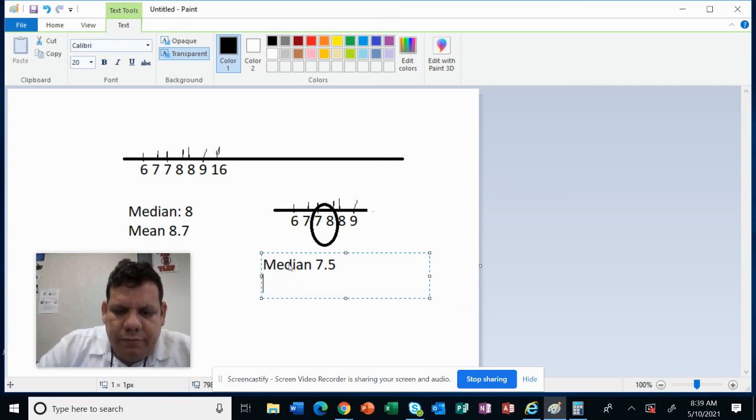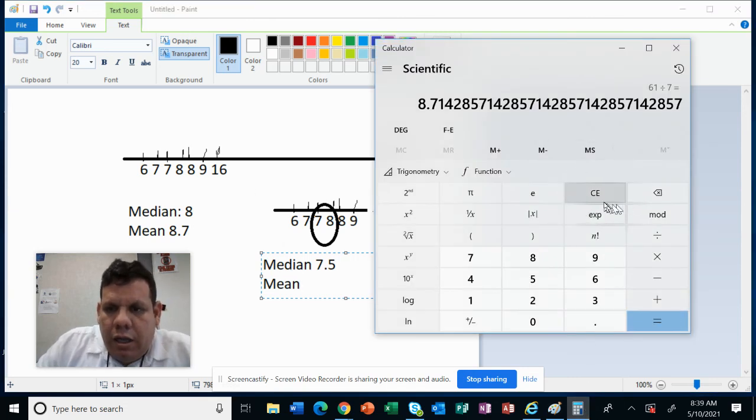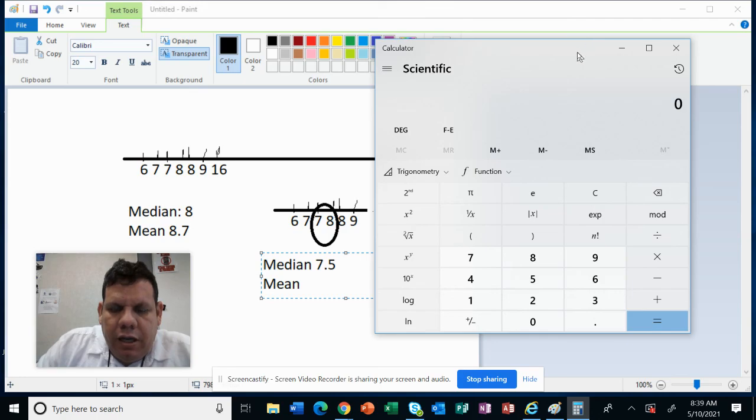The mean, let's find the value for the mean. And for the mean, I have